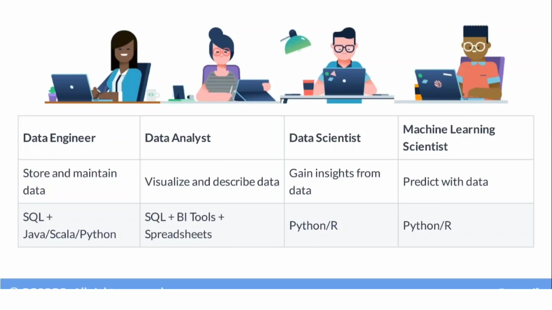So that is essentially what data science roles are. We'll move to our next chapter,